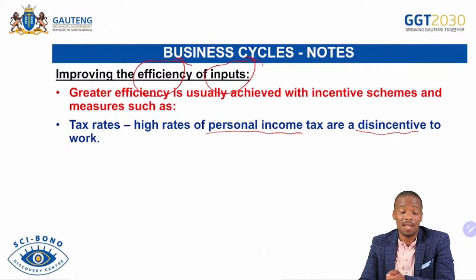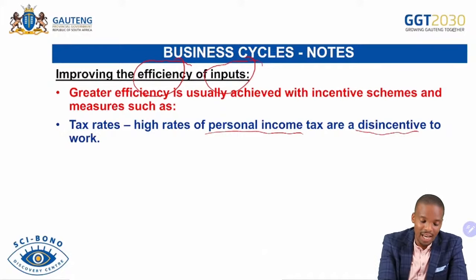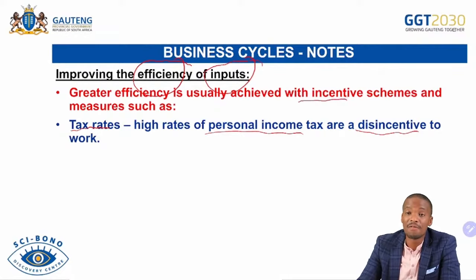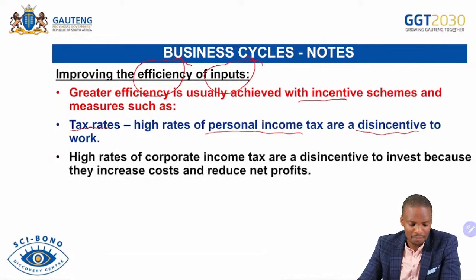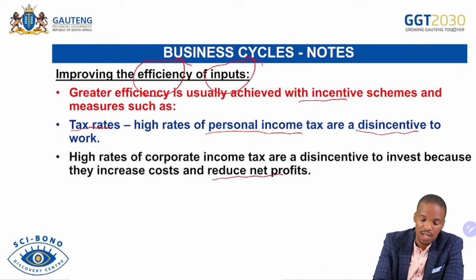That is a supply factor. So if we can reduce the tax rates, if they can be reduced, that will act as an incentive to work, and then supply will increase. Another factor: high corporate income tax acts as a disincentive to invest because it increases the cost and reduces the